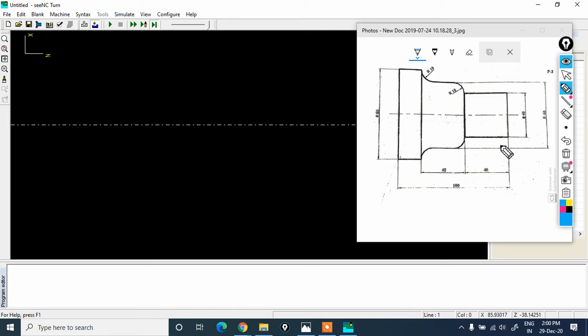Already you should keep the list of G codes and M codes that we use in turning, which I have already covered. So let us start with the program. The reference notation is O101, which will be common to all turning programs.